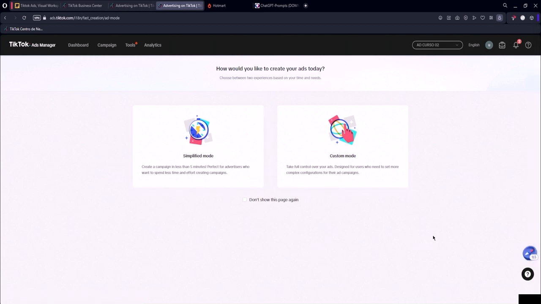To create your campaign, you'll need to choose how you want to create it, whether it's in simplified mode or custom mode. If you create a campaign in simplified mode, you will have limited access to the general tools in the campaign management process. However, if you create a campaign in custom mode, you can make all the settings without